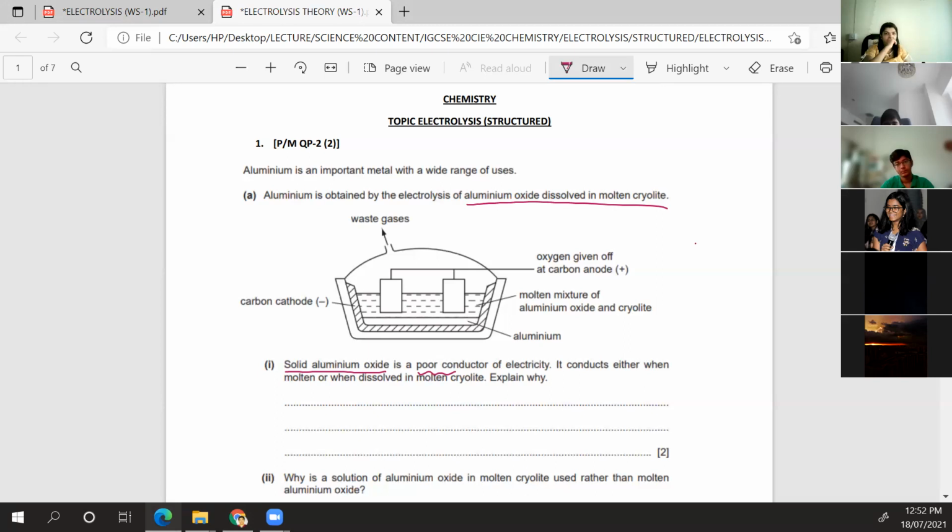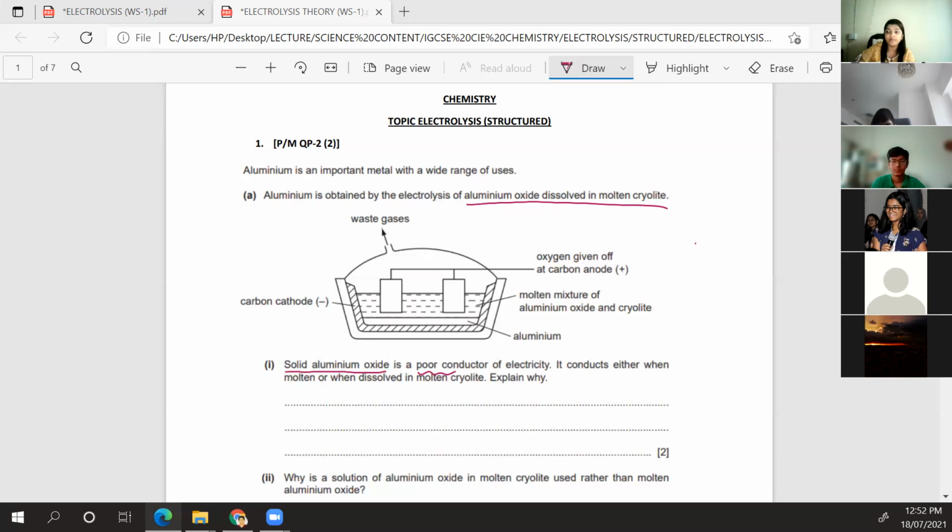What I've written is adding cryolite increases conductivity and melting it loosens up the particles, allowing electricity to pass through. Can you repeat the second point? Melting it loosens up the particles, allowing electricity to pass through. Loosen up the particles. Yeah, what I was thinking was kind of hard to explain, so I just thought of the first thing that came to mind. Okay,